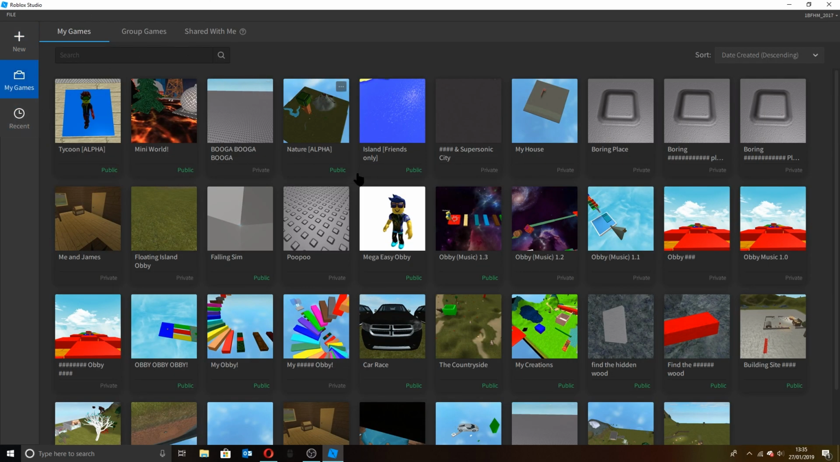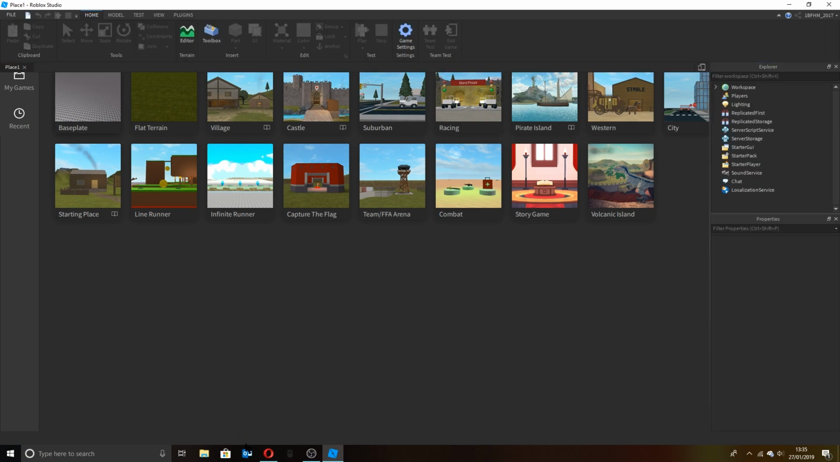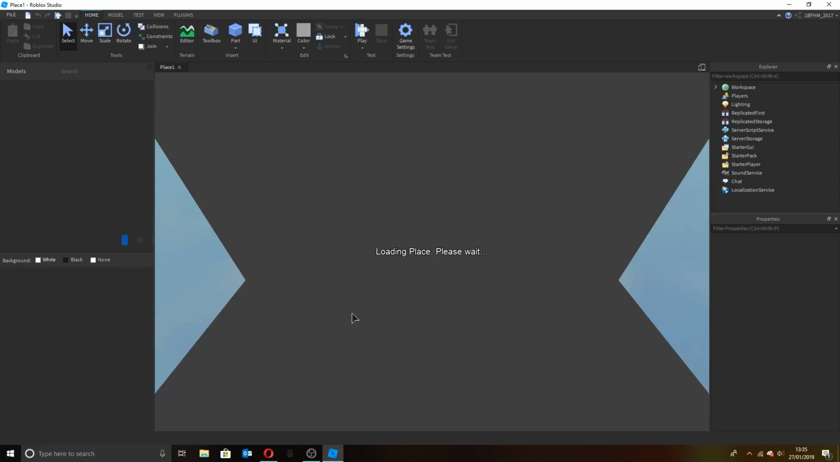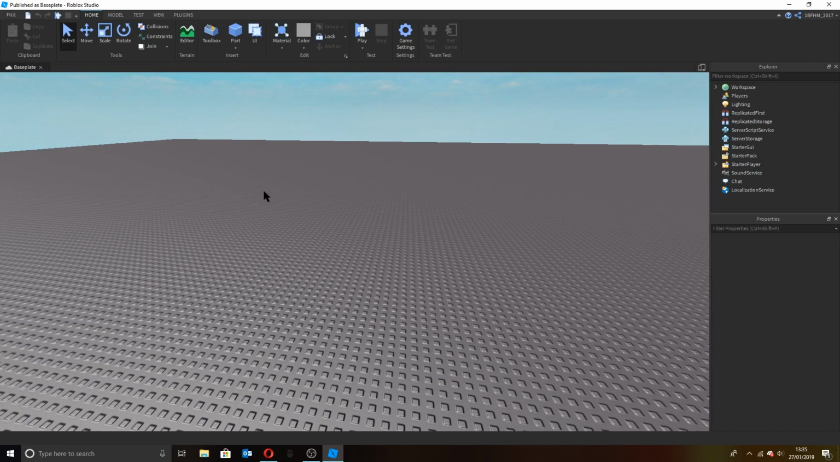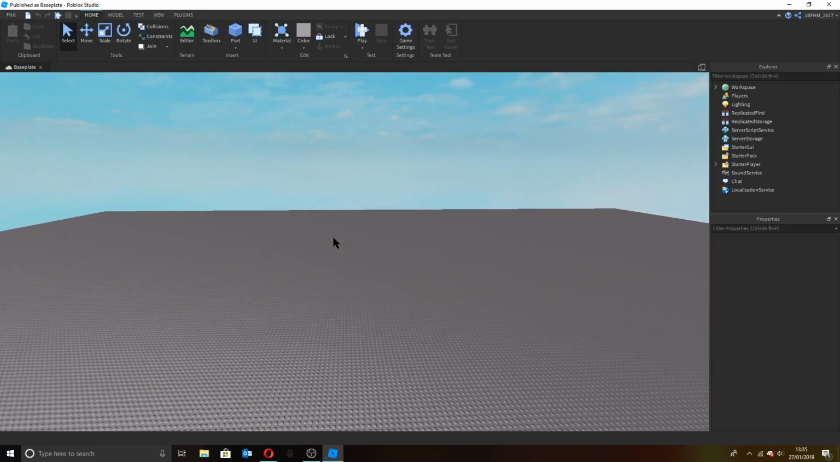In My Games it shows you all the games you have, and then if you click New, let's just start with Baseplate because that's the simplest one. So then once that green bar reaches the end, okay, here we are. So first of all, to move around you use W to go forwards,